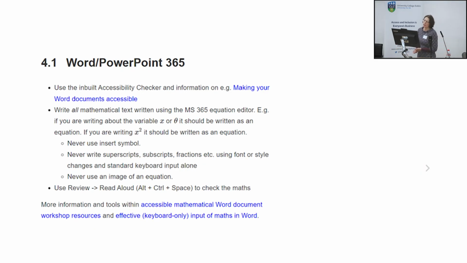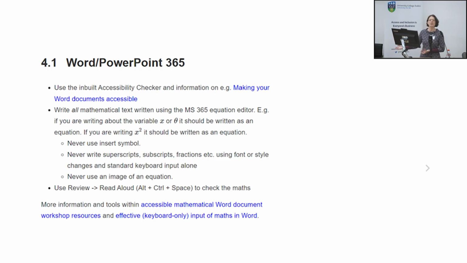So let's have a look at some of the options. If you are a Word or PowerPoint user, your life right now is fairly simple. It's only been like that for a few years though. This is how quickly the technology changes. And our speaker from Microsoft earlier talked about Immersive Reader. Immersive Reader can read mathematics aloud. That's great. As long as you make the document accessible, and there is a link there to Microsoft guidance on